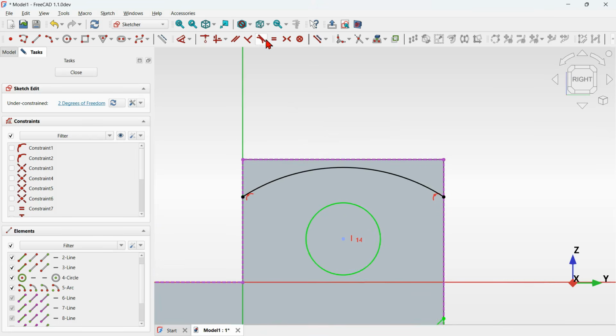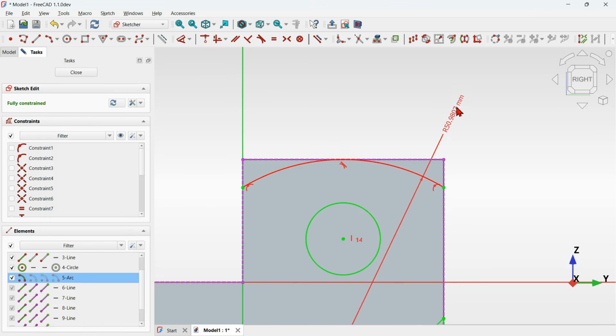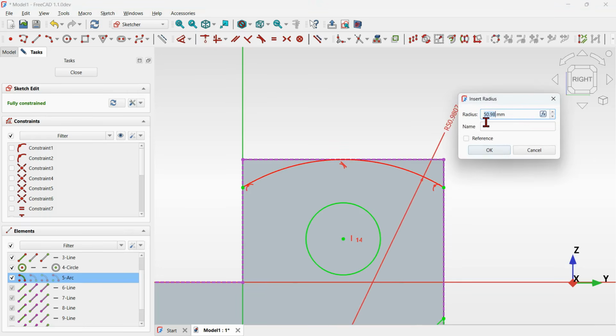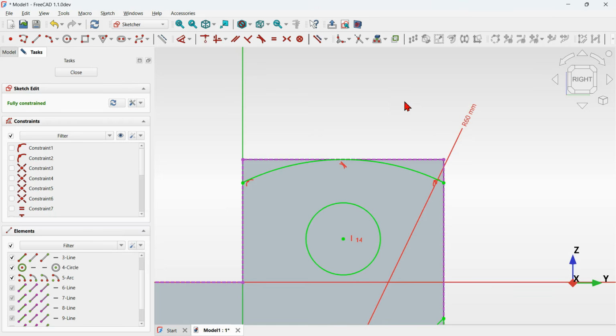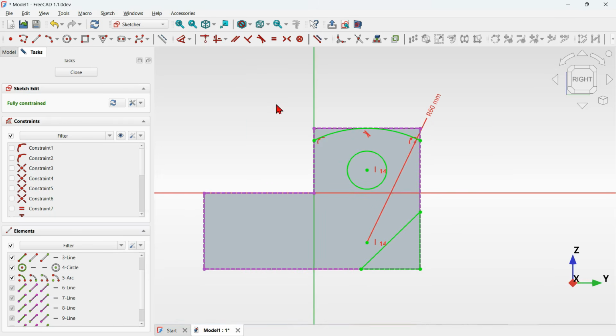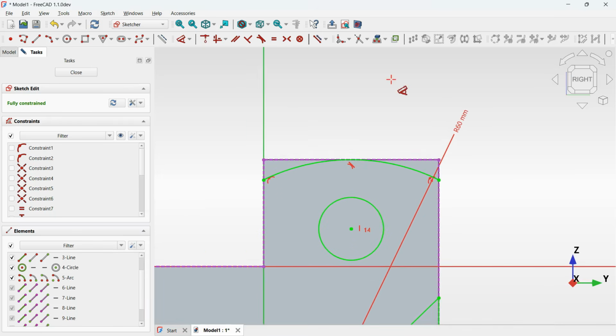Next, let's select the tangent constraint and make this arc tangent to this imported edge. Select dimension tool, click on this arc and click off, and type 6 millimeters for the radius of this arc, and OK. Sketch fully constrained again, but now we need to create another geometry to close this geometry here, because